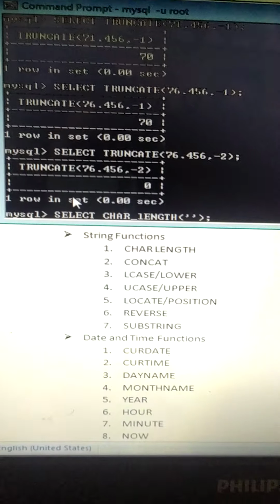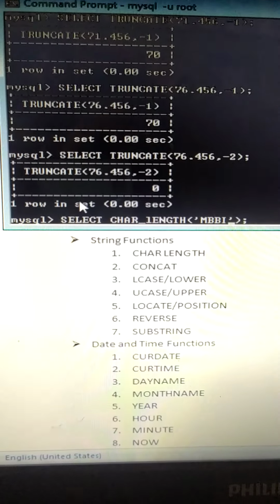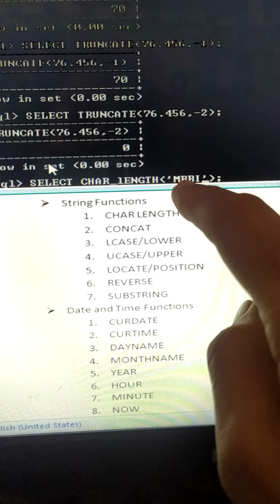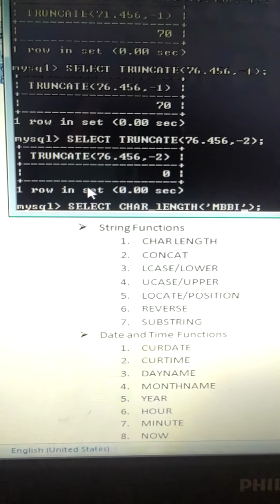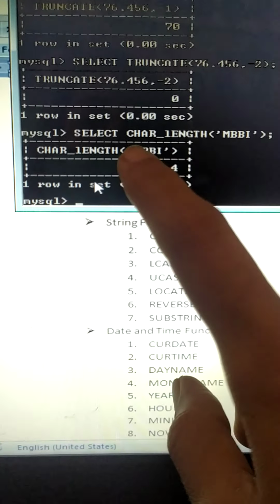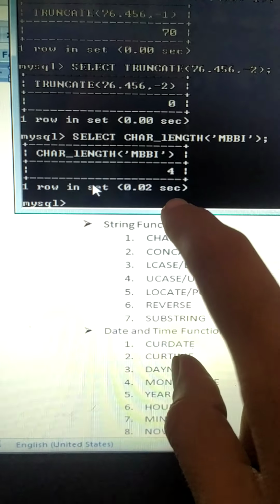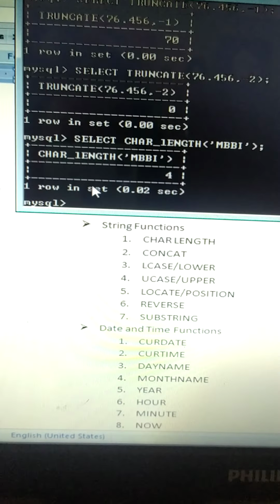Suppose I'll give it as MBBI. So it should return the length is 4. See, 4 is returned. So select character length of MBBI, the answer will be 4.